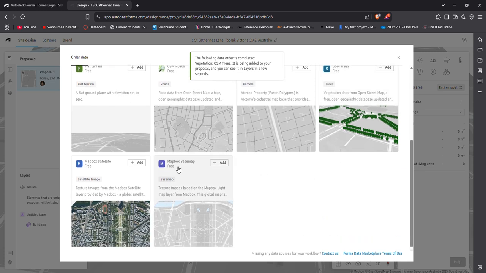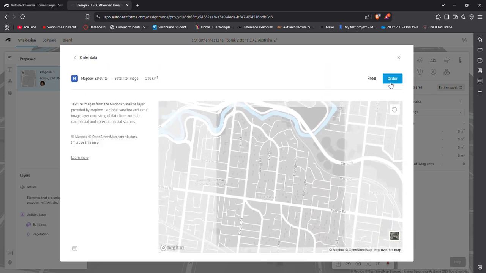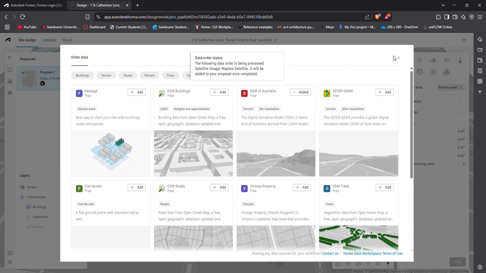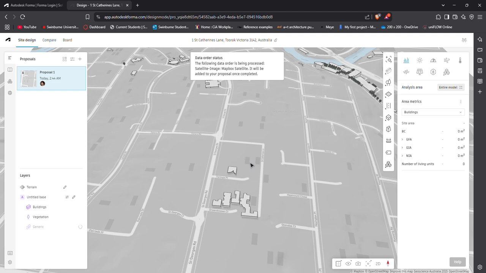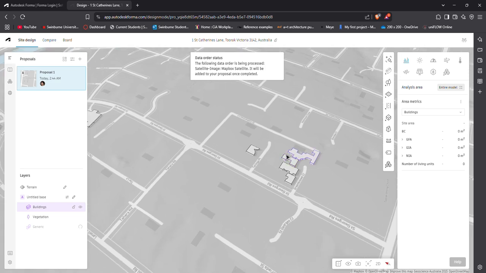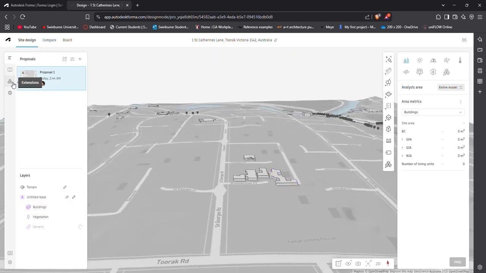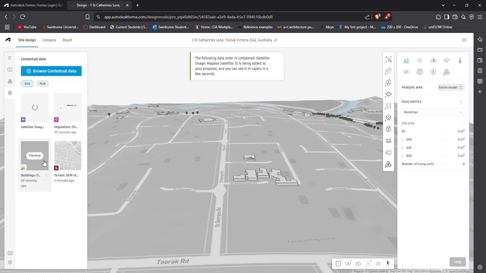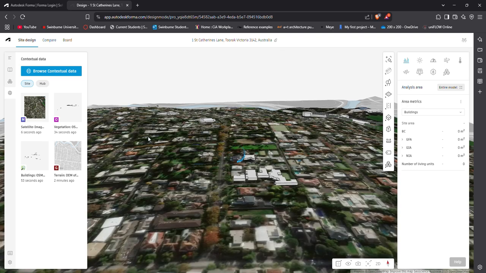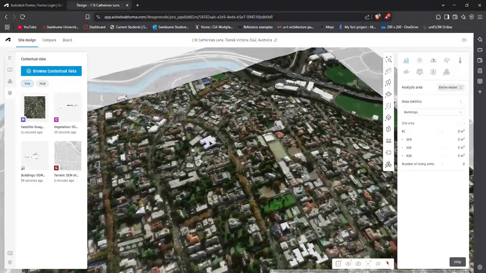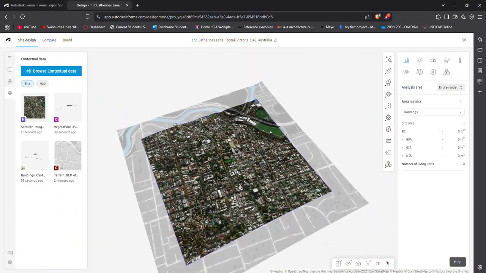And maybe do a satellite image, that would be useful as well. Just order that, and we're done. Back, and we'll close that tab right there, and now we have our site right here. Boom. Now the 3D buildings are in. You can go into the data right there, and you can preview the data sets that you've downloaded. Oh, the satellite's already in. Once you order all the data, it should already be displayed,